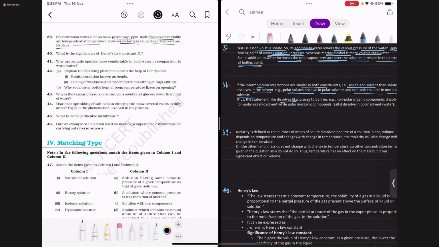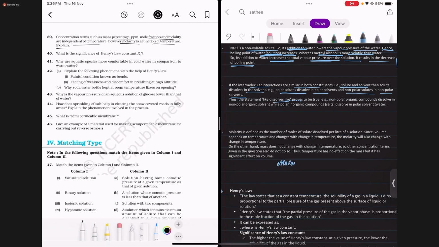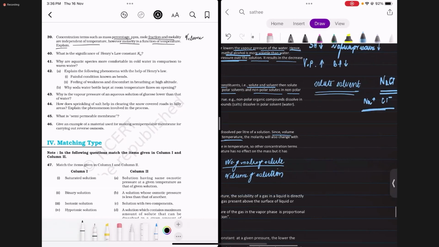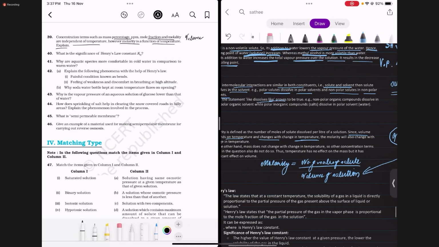So what is molarity? Molarity is equal to the number of moles of solute divided by volume of solution. और बाकी सब में कहीं पे भी volume का term नहीं आएगा in the other expressions. There is no relation of volume, since इस molarity के equation में volume है, and volume depends upon the temperature and changes with temperature. So जो volume है वो change होता है with temperature. So अगर volume change होगा temperature के साथ, so molarity भी change होगी,